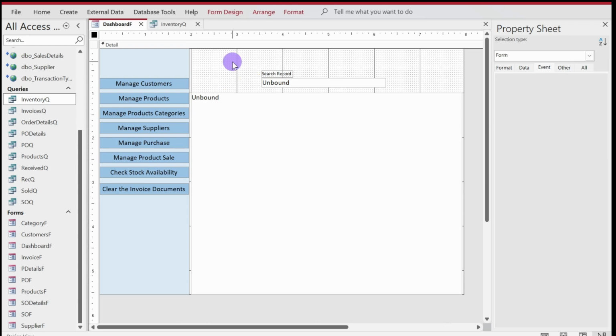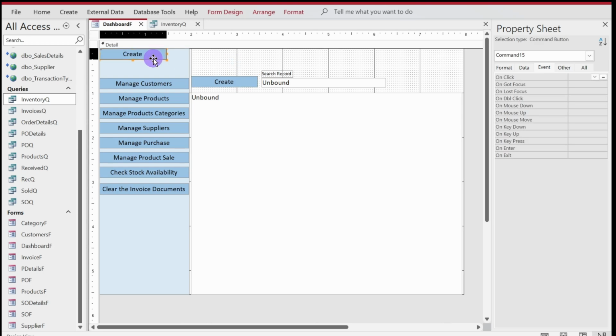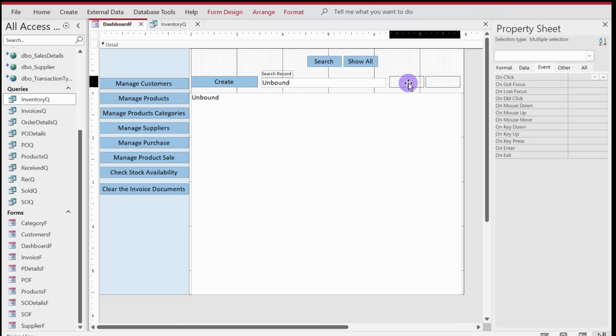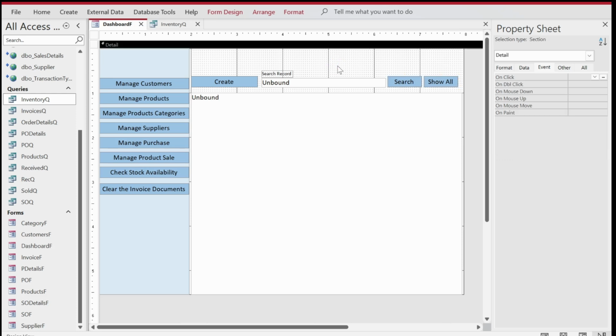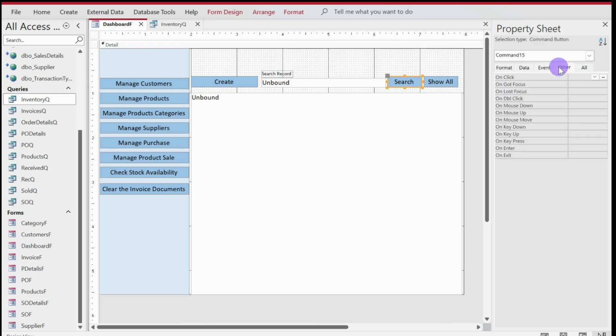We'll copy this button and we'll create two buttons, one for search, and the other one for show all. There we go. Copy it, paste it, and show all. Okay, so we copy that, we bring it here. There we go. So btn search